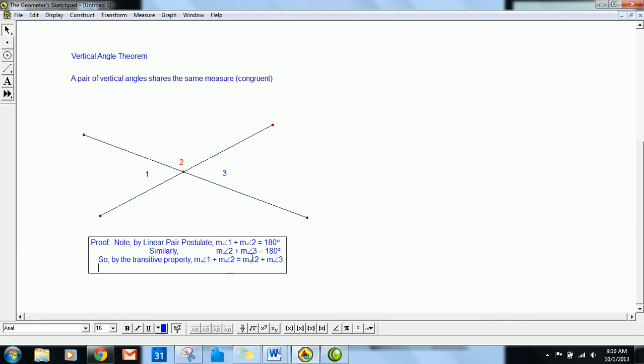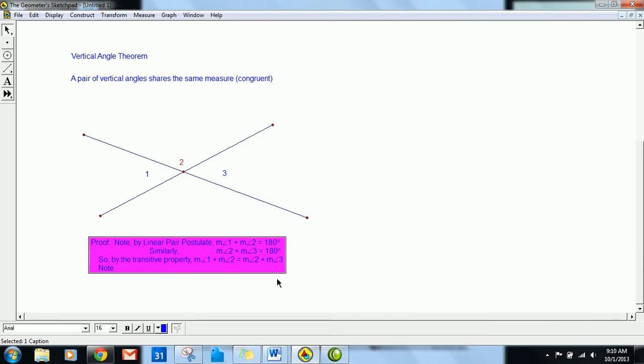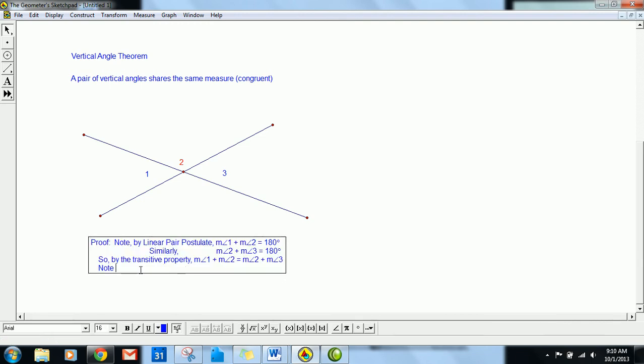All I have to do is take 2 away from both sides. But what we have to do in proofs, we have to be kind of cheeky. So we have to say angle 1 is equal to itself, right? Before we take the same thing away from both sides, we have to say that angle 2 is the same as angle 2, right? And that's by the reflexive property. Anything is equal to itself,